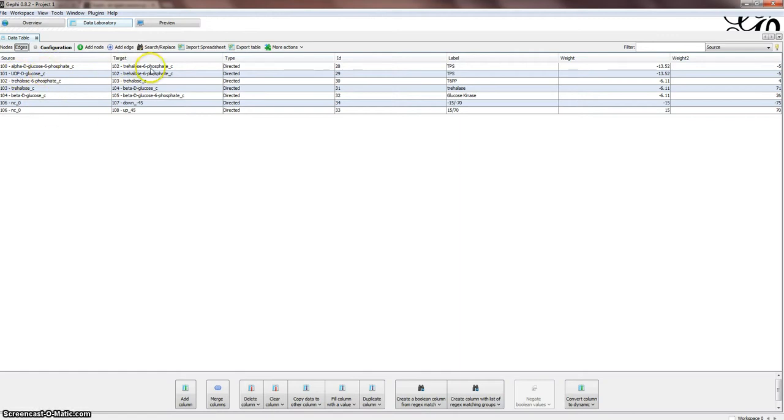It links them together for some reason. If you don't indicate otherwise, these come in when they're imported as directed. That means A goes to B, this goes to this. I called you, right? So we'll have an arrowhead, is what that means. It assigns the IDs, and our labels came in, our weight came in as the flux change